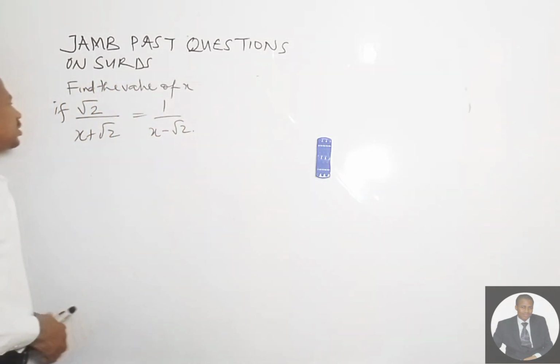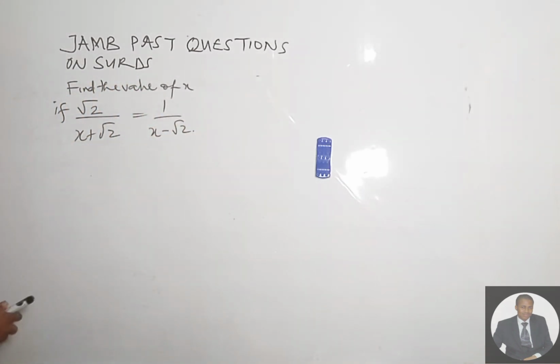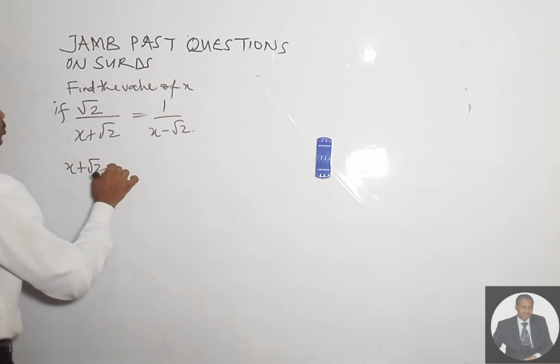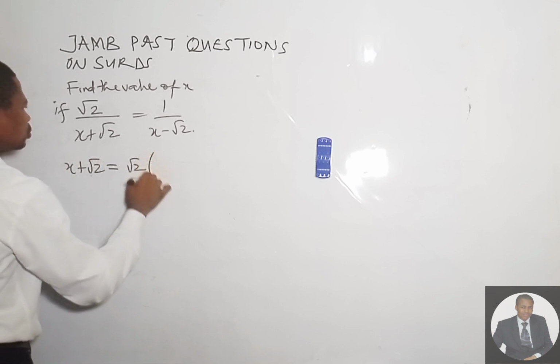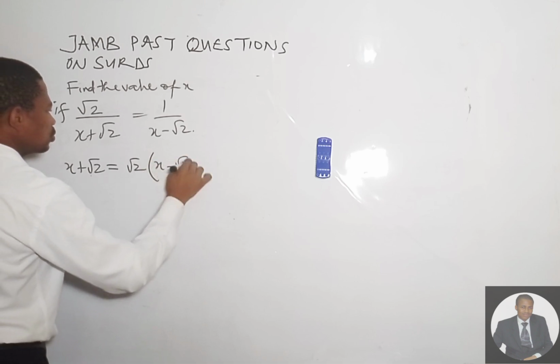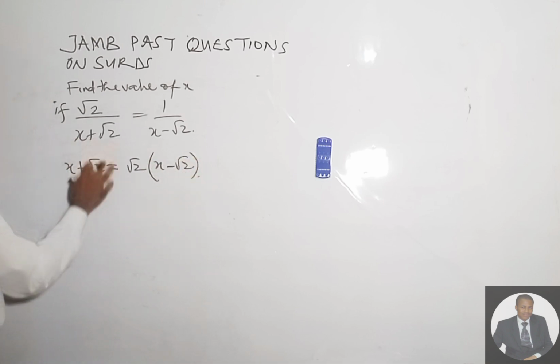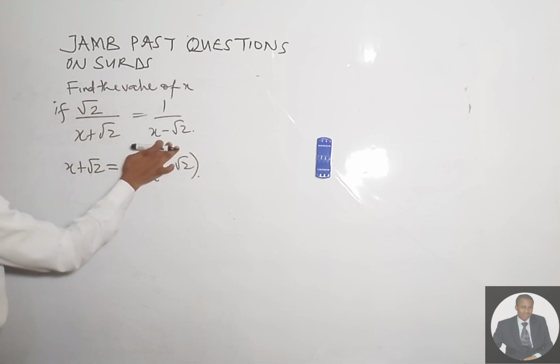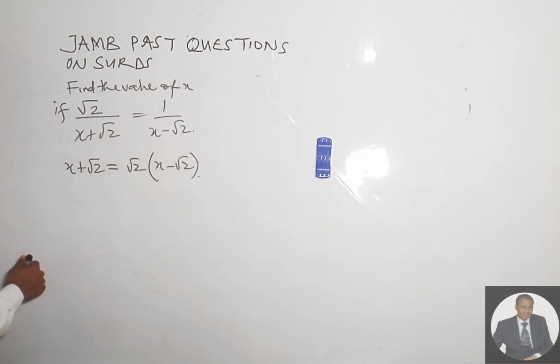We are to find the value of x in this, so we just cross multiply. X plus root 2 will give us root 2 into bracket x minus root 2. So let's expand